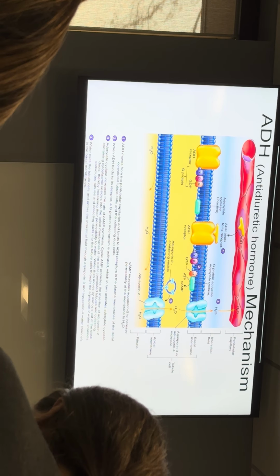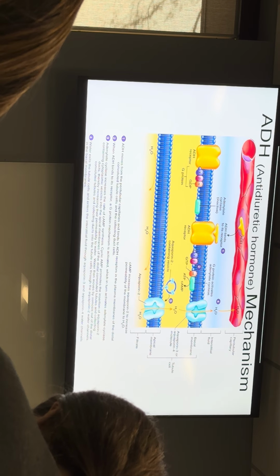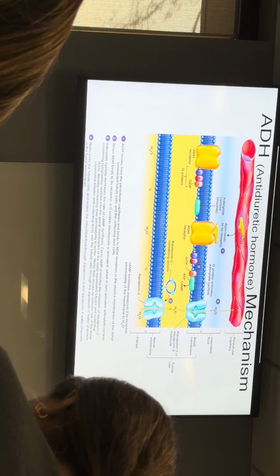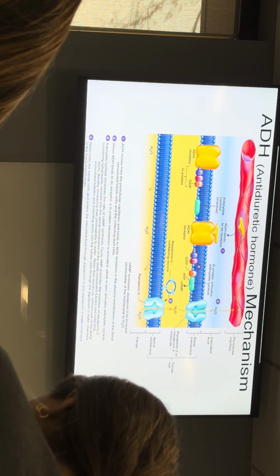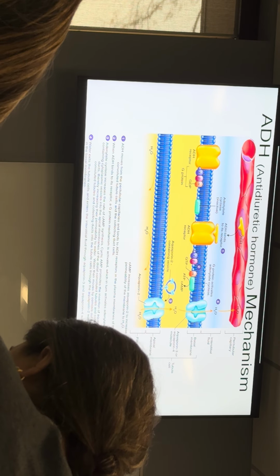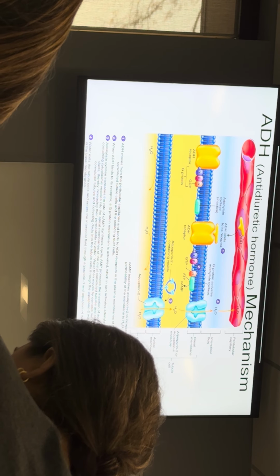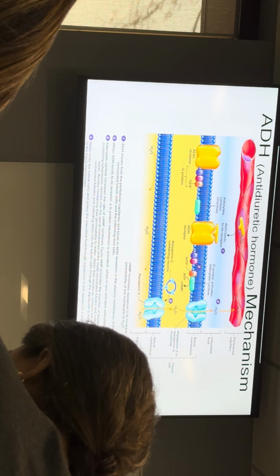Okay. Now, antidiuretic hormone is released from your posterior pituitary. Antidiuretic hormone makes you not pee. One of the few things I actually remember from high school anatomy was us learning about this. So think of what a diuretic is. Diuretics are things like caffeine, alcohol, things that make you pee. And so antidiuretic hormone makes you not pee. It makes you pee less, or lower volume.